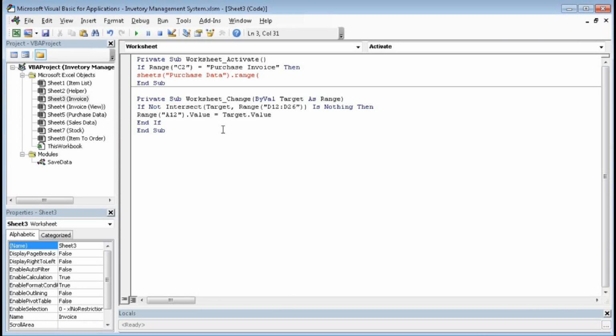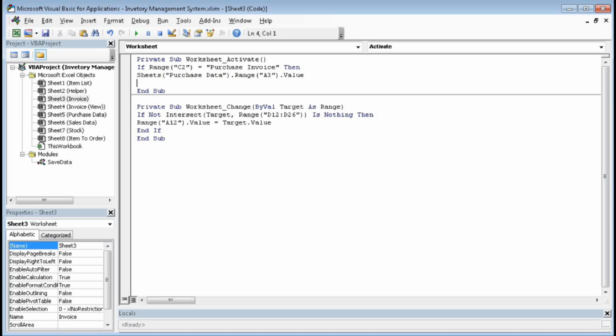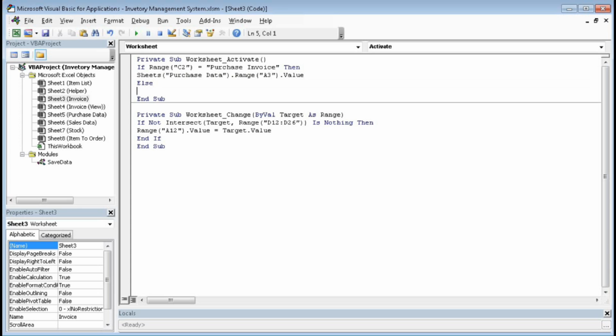So range A3 dot value, else. Select this one, copy and paste it here, and here it will be sales data.